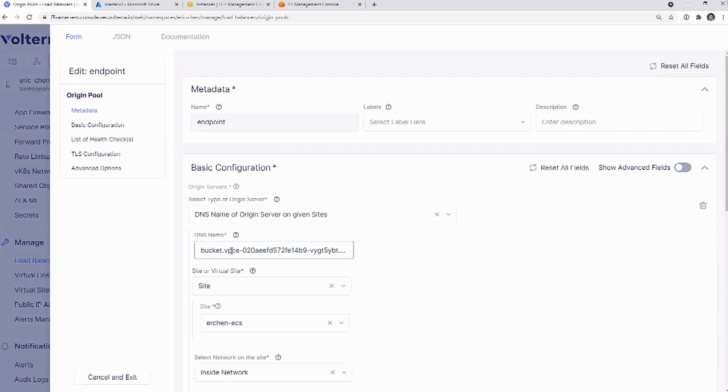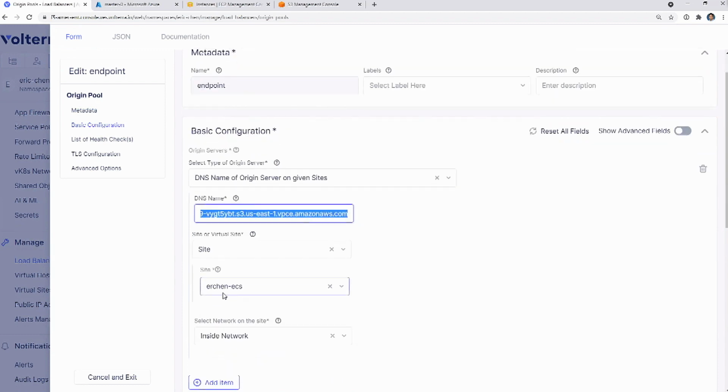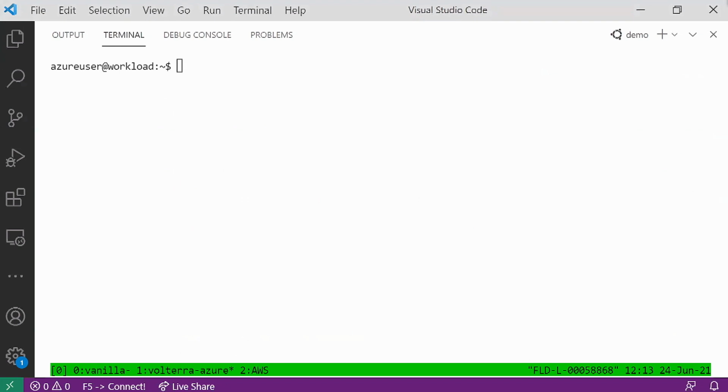This is the private endpoint. For people who are familiar with AWS, this is how I'm accessing the S3 bucket. And this is the site that I'm in. So now I've built these 2 connections there. Once I have that, the final piece is we can see all of these parts working together. So just to prove that, in the first case, I just want